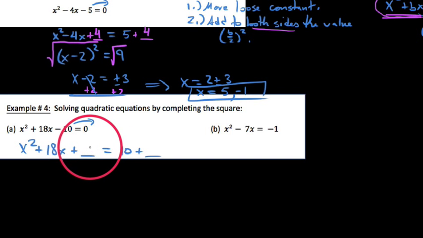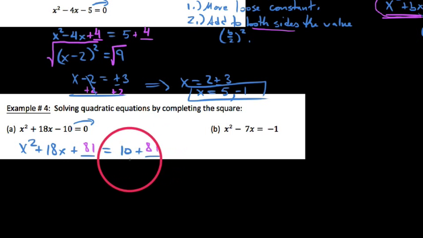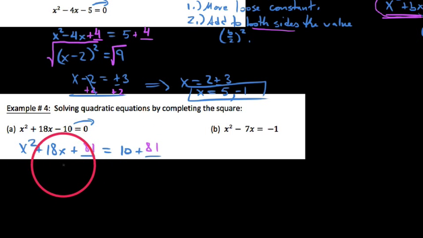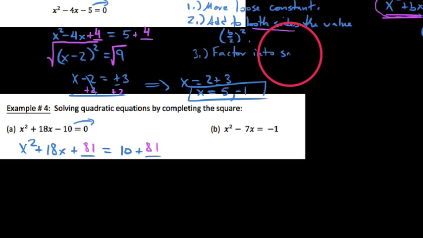Oh, 9 squared is not 49, it's 81. So we'd say adding 81 to both sides in this particular instance. That would make this left side a perfect square trinomial. So once we have added that b halves squared, we're going to factor into the square